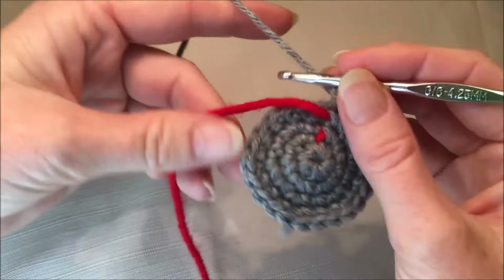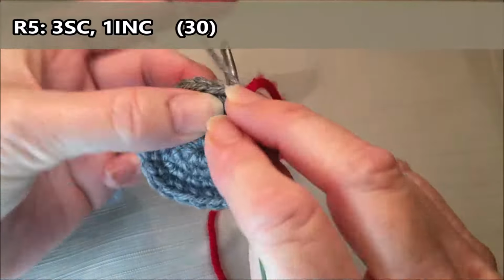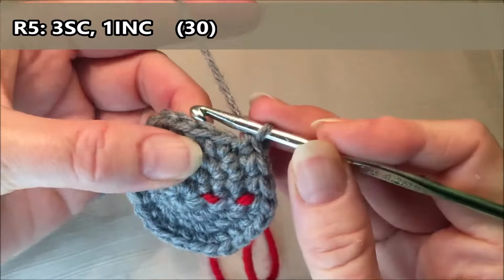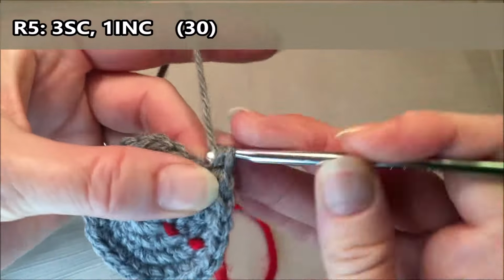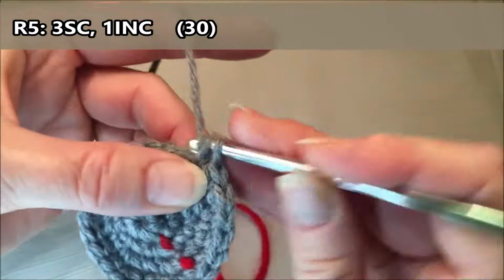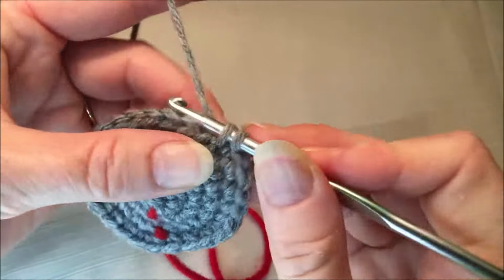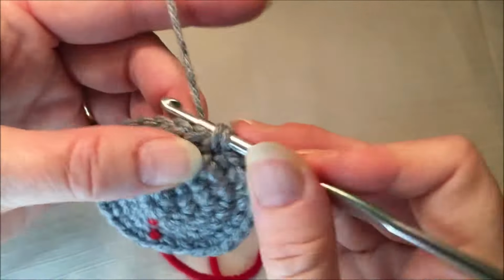Row 5, you're going to do 3 single crochets, 1 increase for a total of 30. So 1, 2, 3, increase, 4 and 5, 6, 7, 8, increase, 9 and 10, 11, 12,